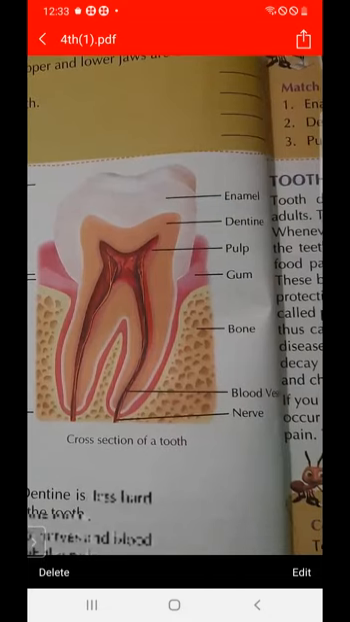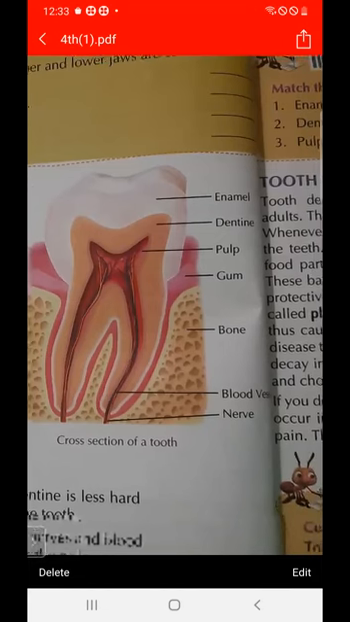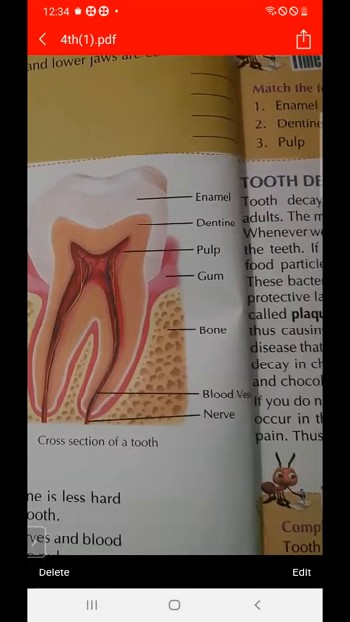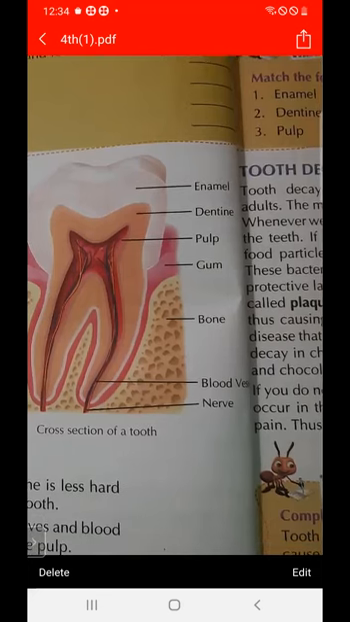So first is enamel, then dentine, and then pulp. There are three layers of the tooth. The outer white layer is called enamel. Then comes dentine, the substance shown in the figure, and then pulp. Third is pulp, first is enamel, and after that dentine, which is not as hard as the